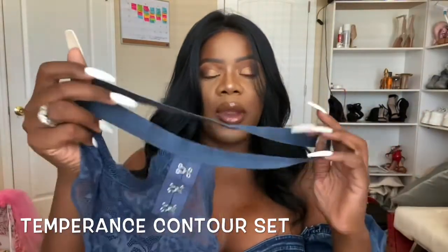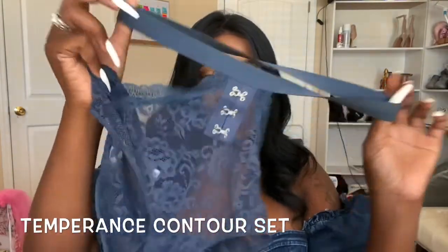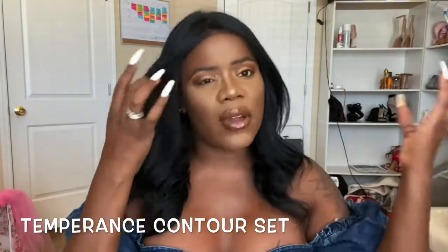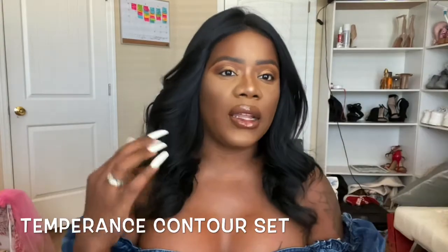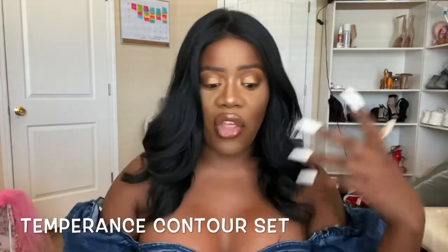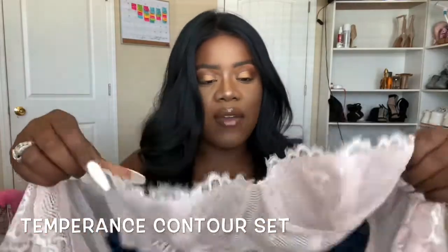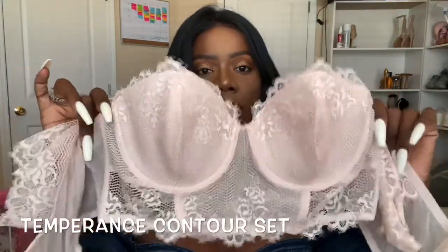I'm gonna have pictures up here so y'all can also see what it looks like. Has a little waistband. It looks really good, really sexy. Even on the model, it looks really delicate, really soft, really sexy, nothing raunchy. You know what I'm saying? Really cute. So this next one I have is also a bustier,